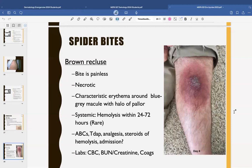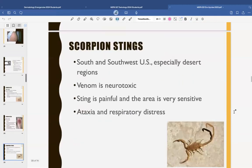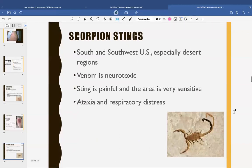While we're continuing toward family, let's talk about scorpions. Let's say you have a family camping out in the southwest, right? And all of a sudden they get hit by a scorpion. Within this neurotoxin, one thing is that it affects the sodium